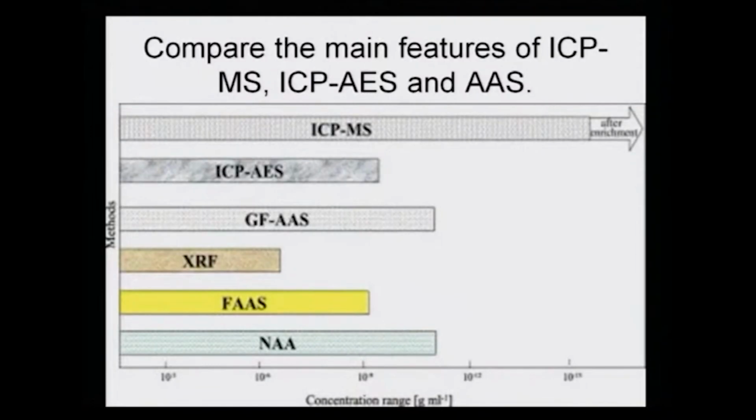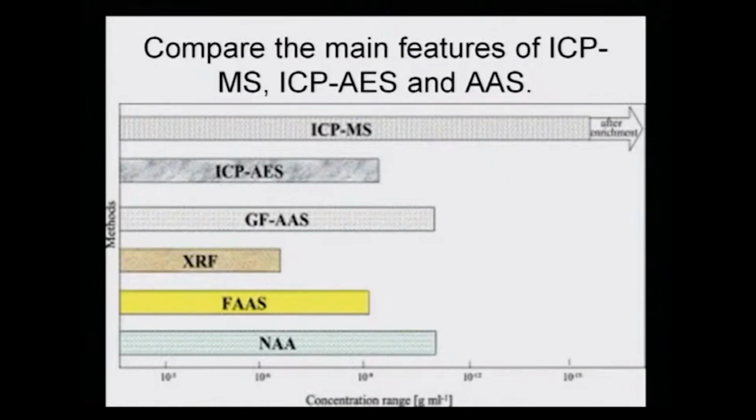Compare the different methods of analysis of metals and metalloids, and we start by comparing the different machines that are used: the ICP-MS, the ICP-AES and the AAS. You will see from this graph that ICP-MS is the best method and has the most efficient analysis, even after enrichment. Then comes the ICP-AES, which is slightly inferior to graphite furnace AAS, and the last one